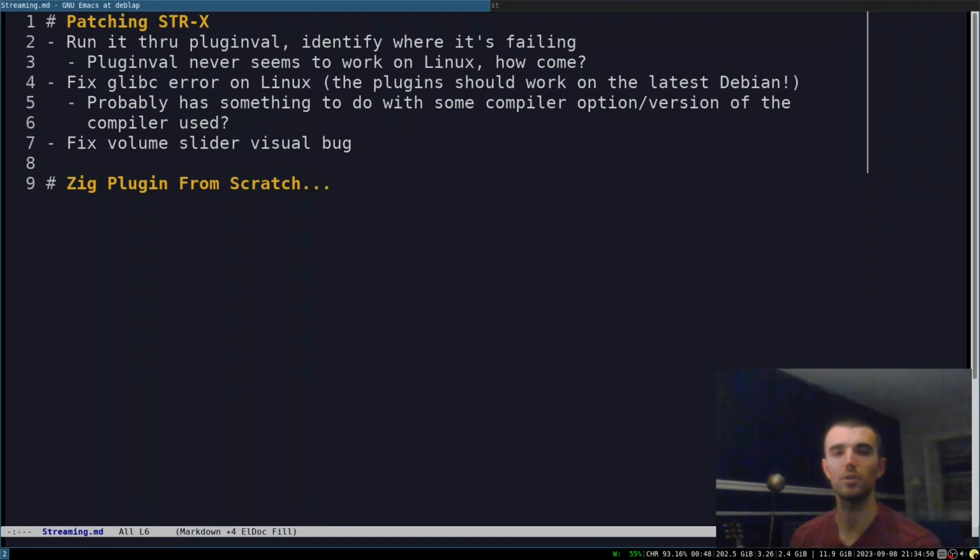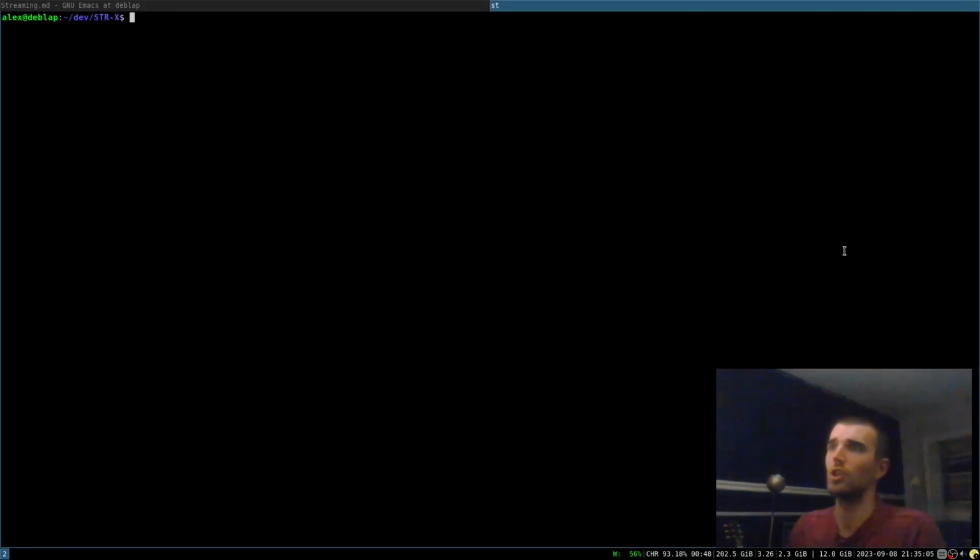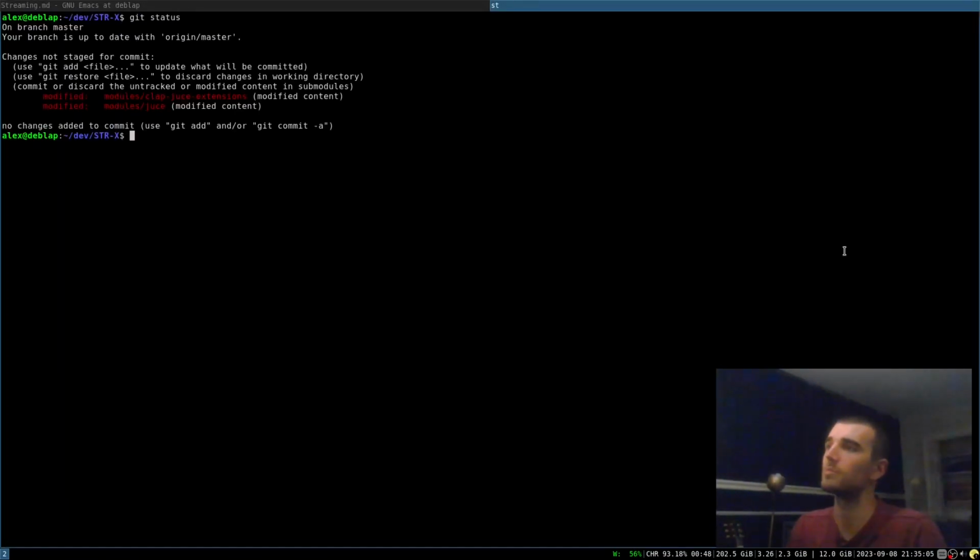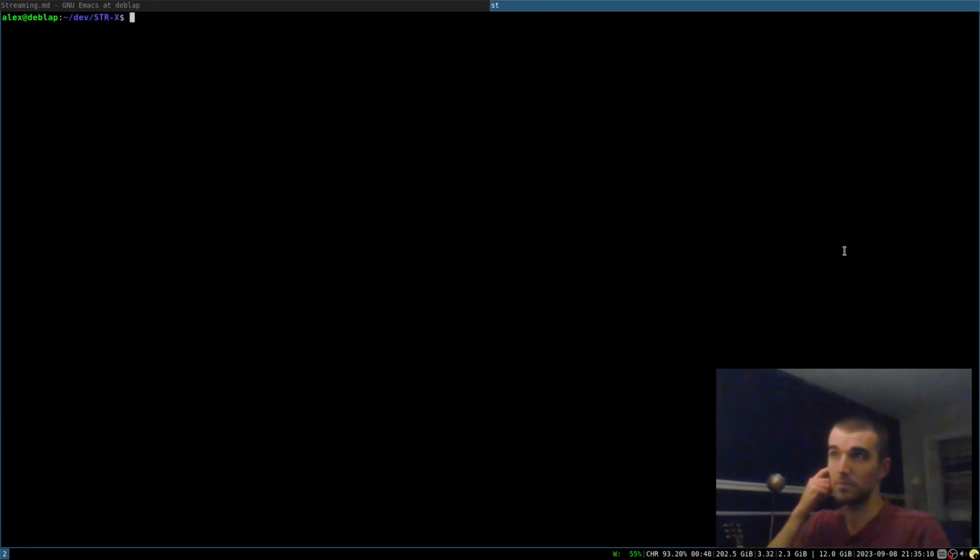First things first, I'm just going to try and get it to build, and then see if I can run it in plug-in val, see if I can get it to run in Reaper, and we'll go from there. So I've got a fresh clone. It's messed up because for some reason it changed the permissions of the files. Probably when I copied them over.